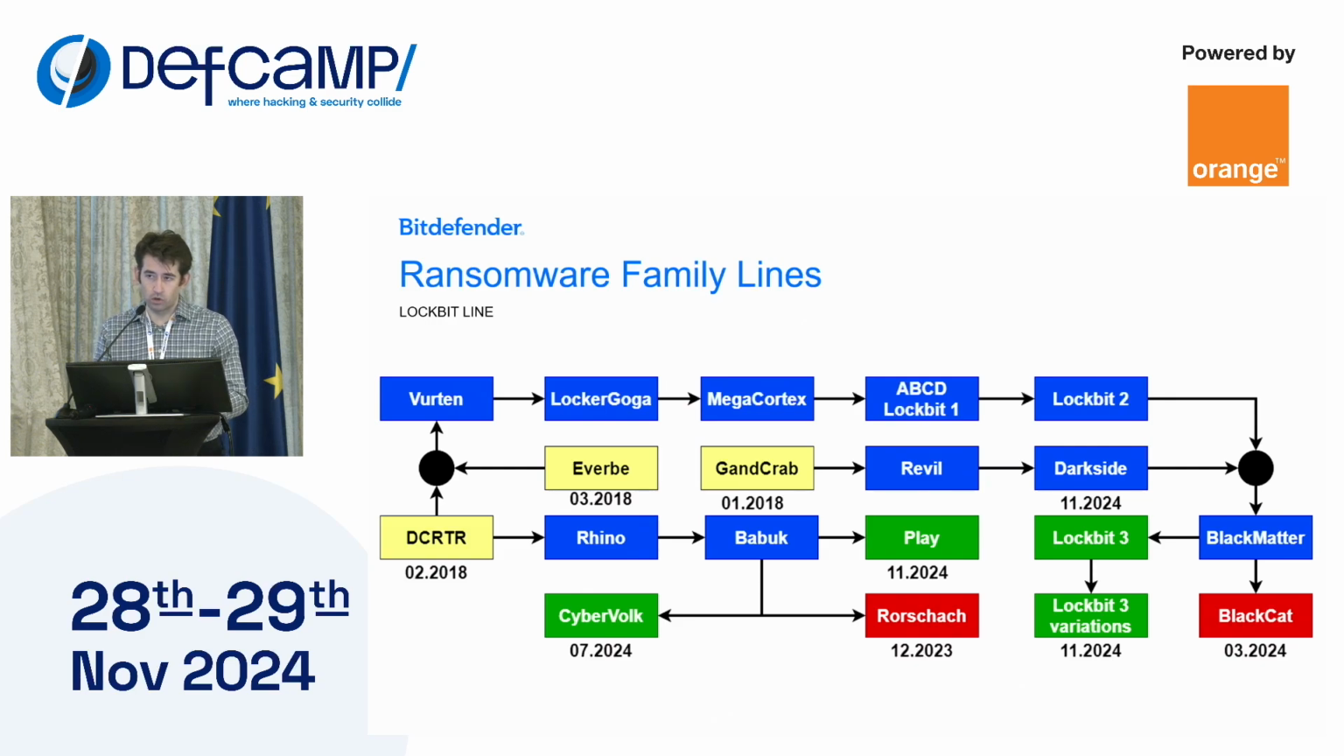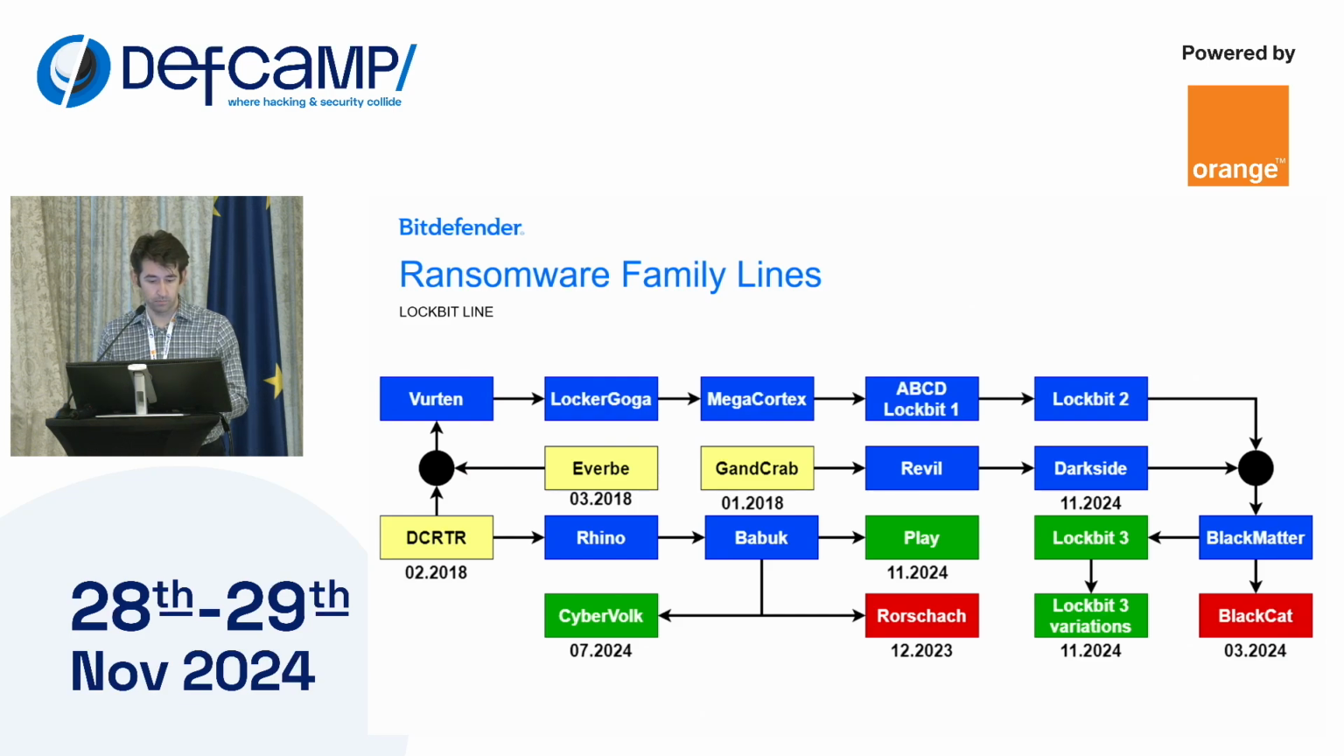Okay, so this is the fourth genealogy of Lockbit. So this genealogy started with the DCRTR ransomware, Everbe, and GunCrab, and there was a first merge between Everbe and DCRTR, and at the bottom here we see Babuk ransomware, which evolves into Play ransomware, and CyberVault and Rorschach. The Play ransomware is still active, and they are one of the most prolific ransomware, along with Akira